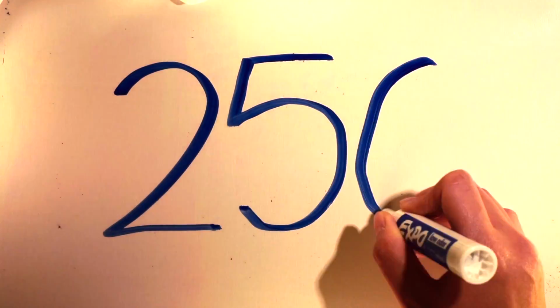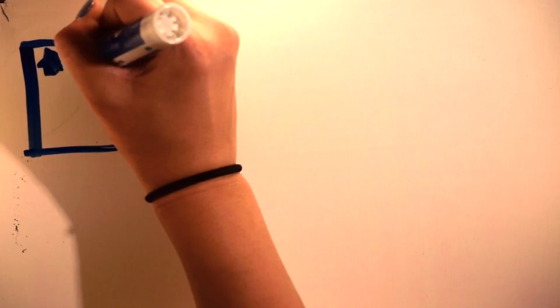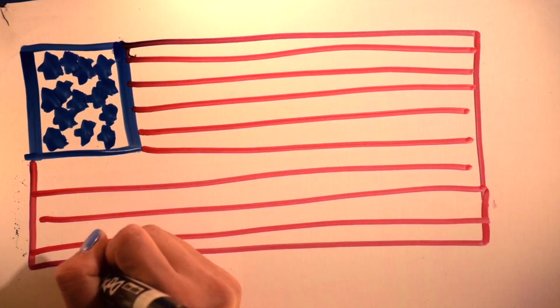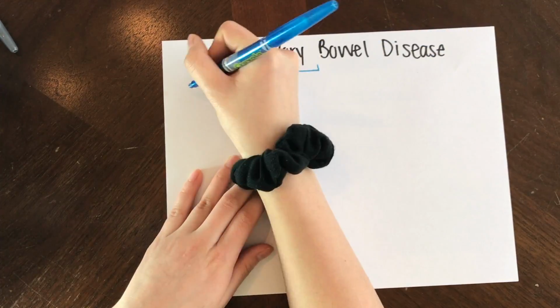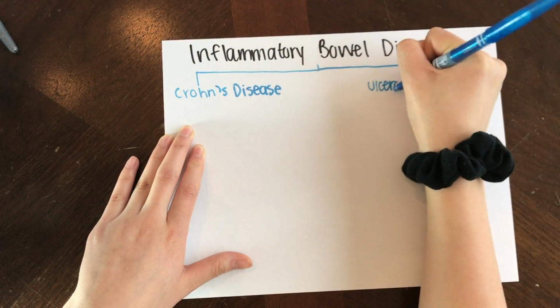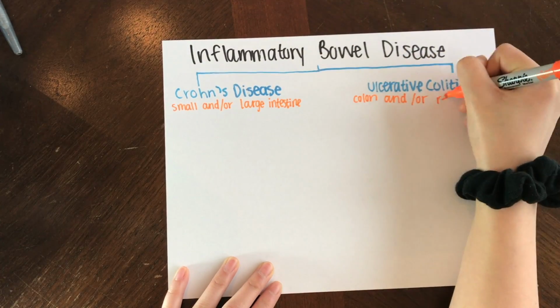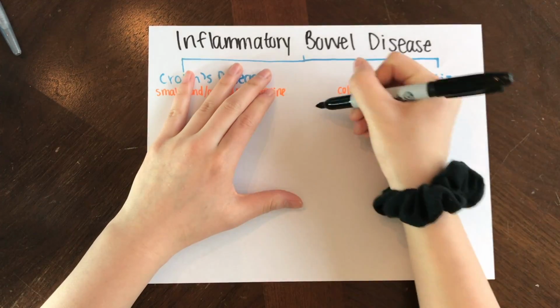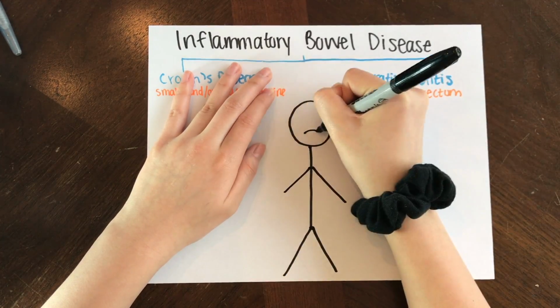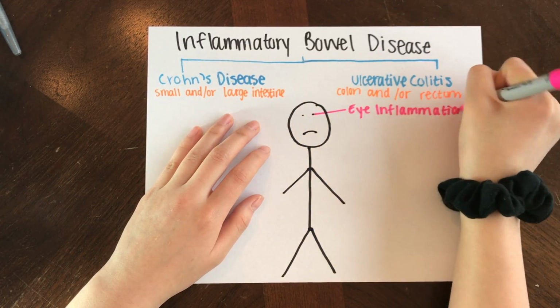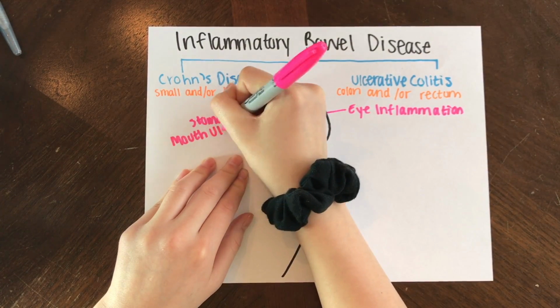This disease impacts 1 in every 250 people, which translates to about 1.4 million Americans. IBD is mainly split into Crohn's disease and ulcerative colitis, which affect the small or large intestine and colon or rectum, respectively. The symptoms of IBD include, but are not limited to, eye inflammation, stomatitis or mouth ulcers, skin ulcers